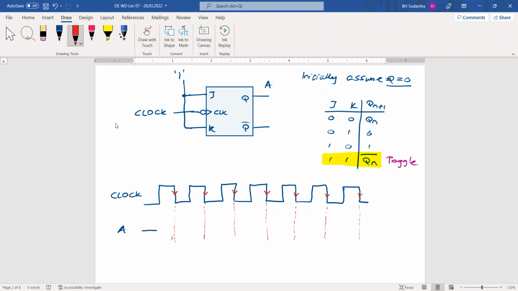Initially, forget about this pulse train. Assume that you have only a single pulse. Initially output A is at 0. Now it can remain there until it receives a clock pulse. But here,